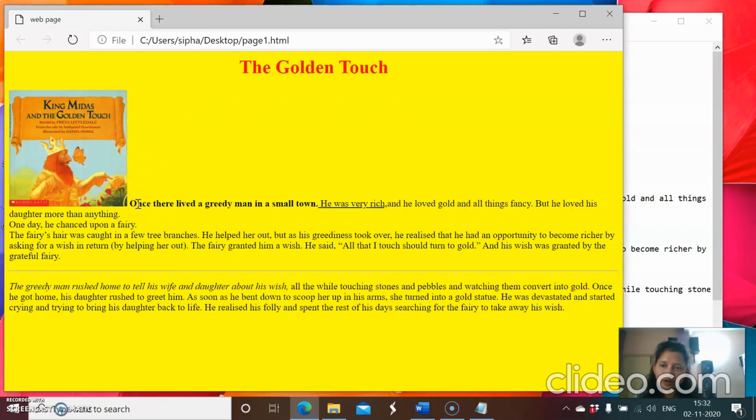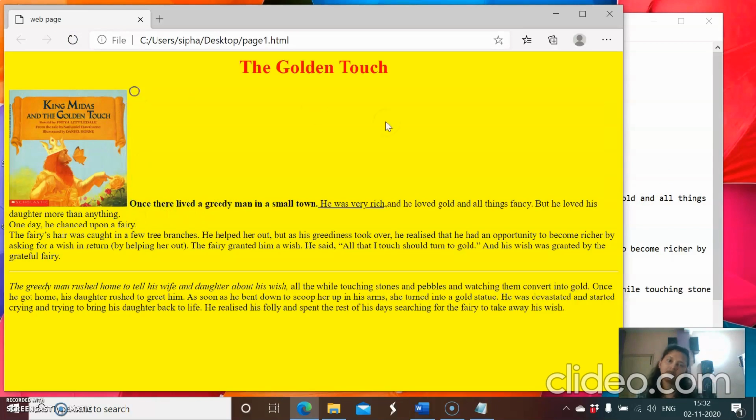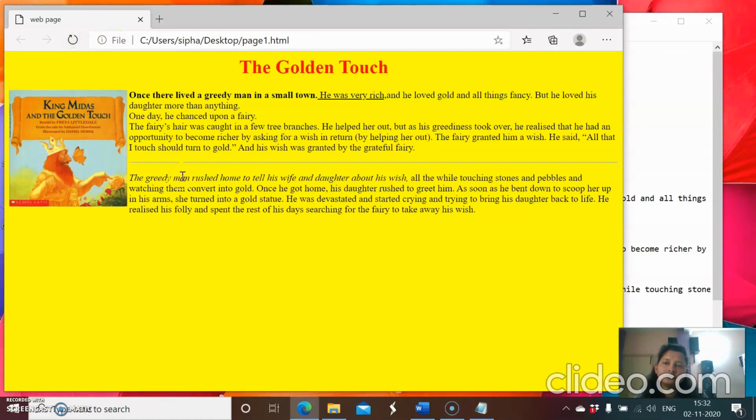This paragraph is starting from here, but I want to start this paragraph from here. So what we should do is just align the image. Align right, align left. Okay, go to file and save and refresh. You can see it. Okay, fine.